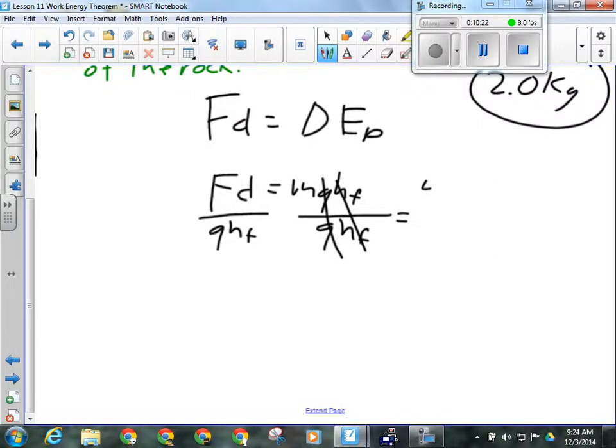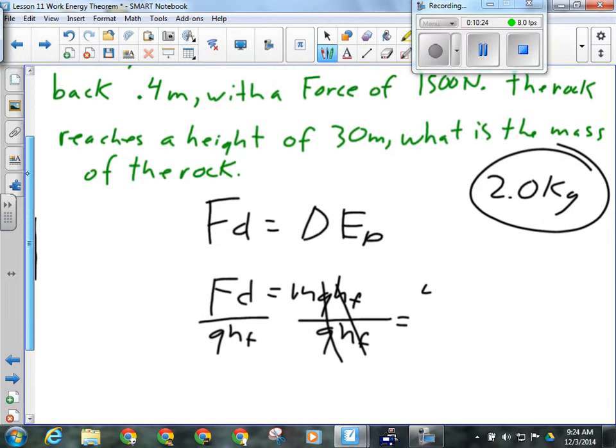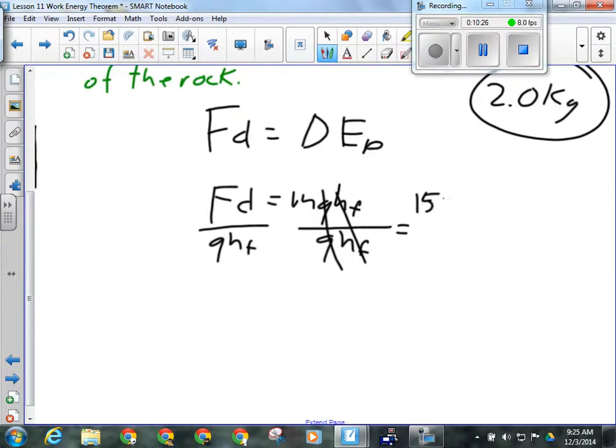So we got 1,400 newtons? 1,500 newtons. Okay, times 0.4 meters, divided by 9.81 times 30, and that should come out to 2 kilograms. Now, Samuel brings up a good point here about, I thought the initial height would be negative 0.4, right? In a case like this, we always want to measure it from the,